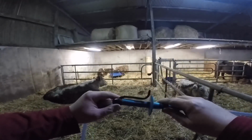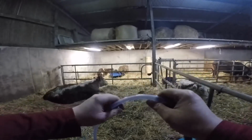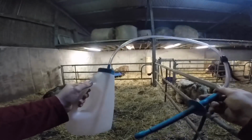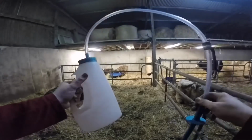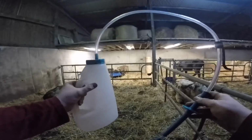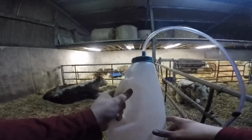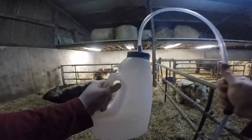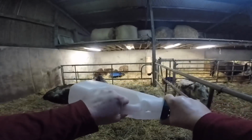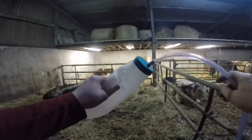As I say, we've been using it quite a bit over the last few days, and we'd be very impressed with it compared to the other bag feeder. The pipe is a little bit bigger, so the fluid flows into the calf a little bit faster, and the main thing over the other, first of all, the pipe is probably stronger and the whole thing is more robust and takes a bit more abuse, but to be able to seal off, put your couple of litres in and seal it,